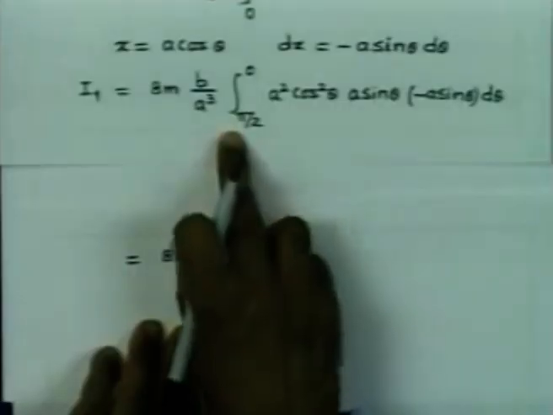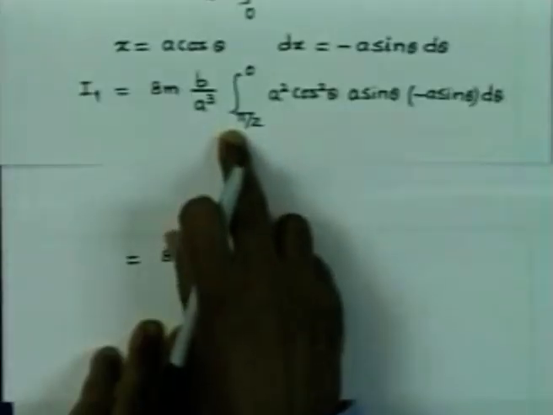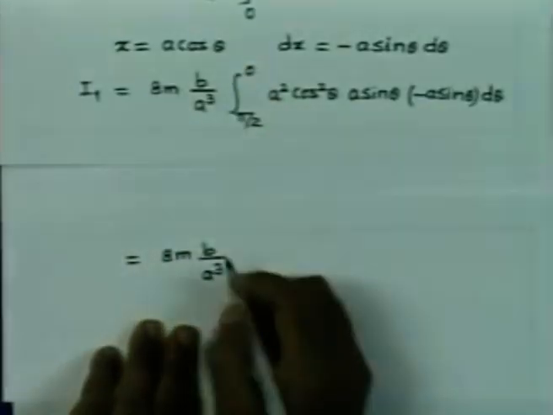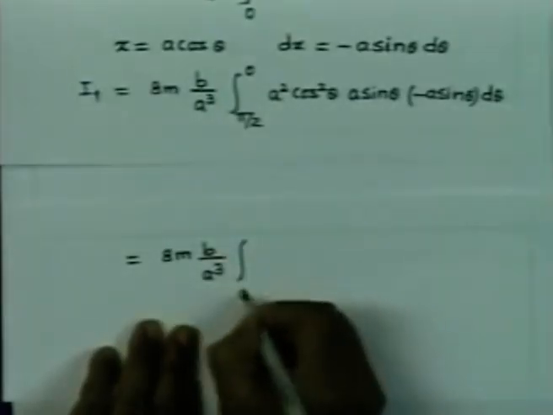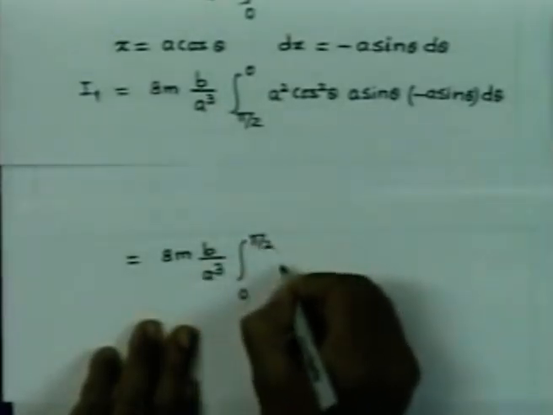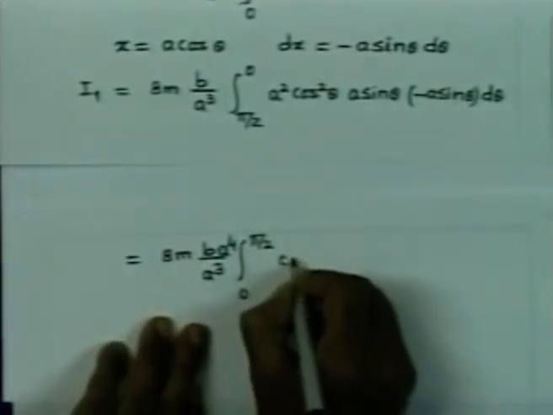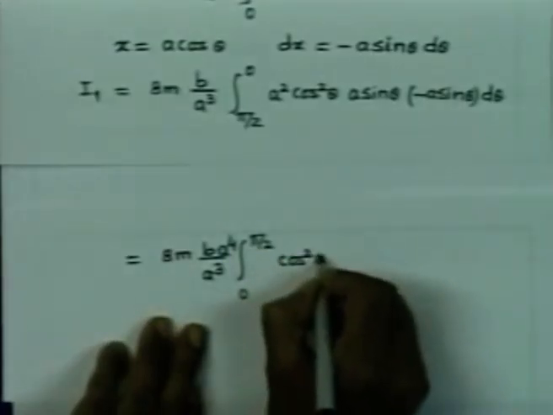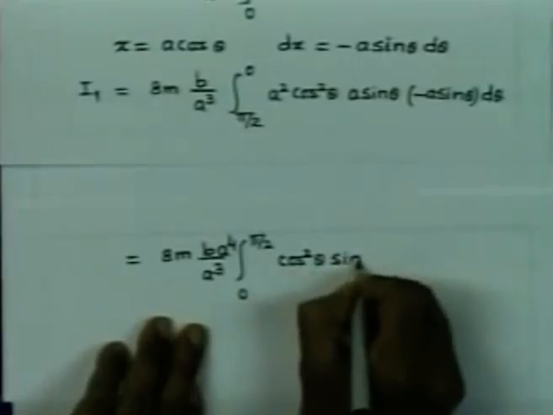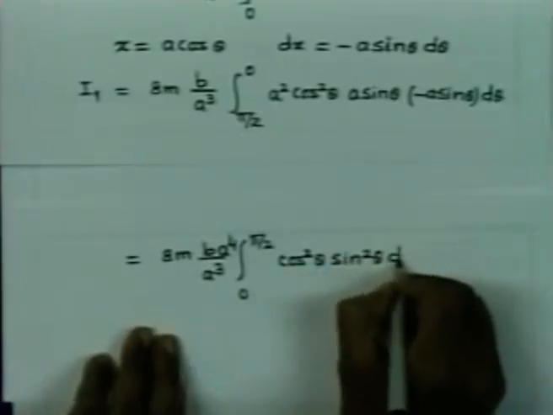That is nothing but 8m b by a cube, and we can now write the limits 0 to pi by 2. So, this minus will be cancelling. We have now a4, so a4 can be taken out. We have cos square theta sin square theta d theta,